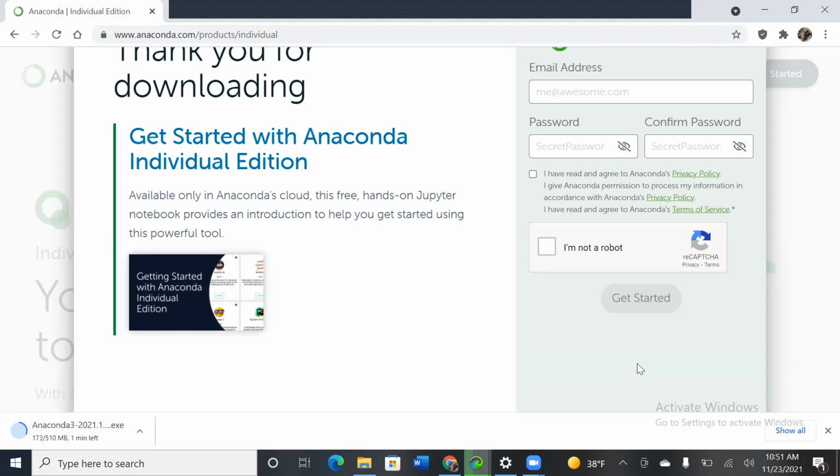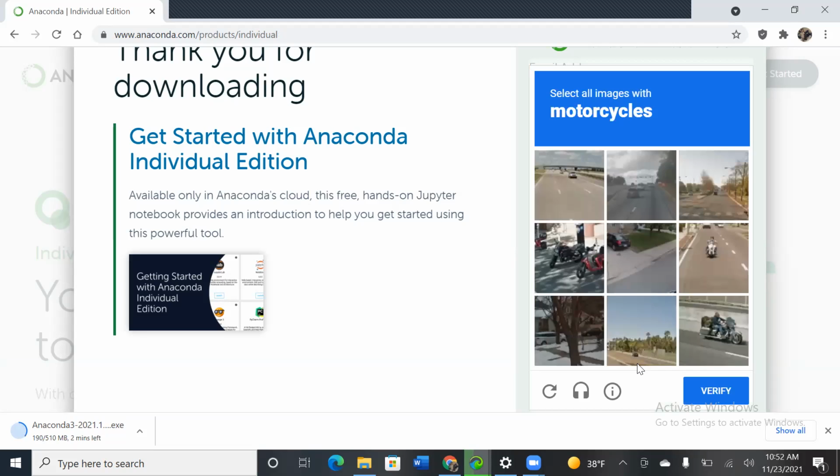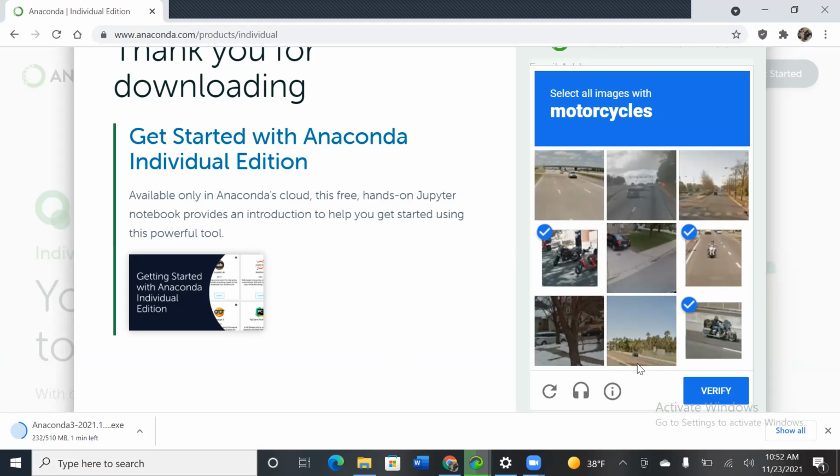Scroll up, skip this. I need to verify, I think.